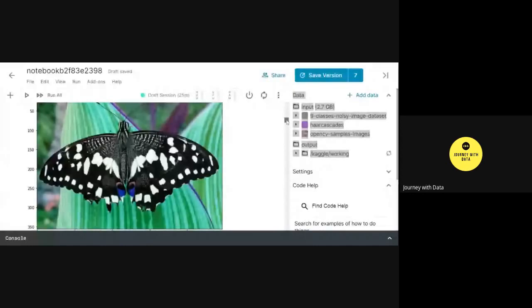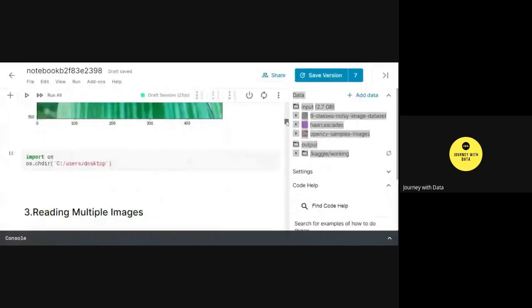And next, I'll tell you the importance of this os module. os is nothing but an operating system.